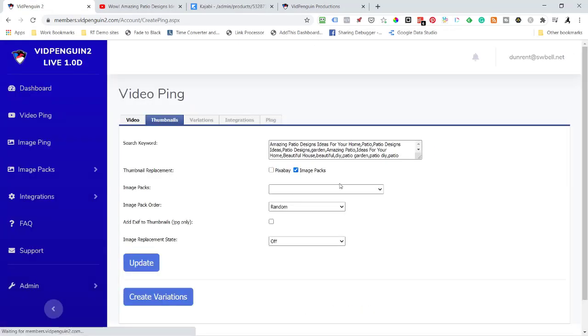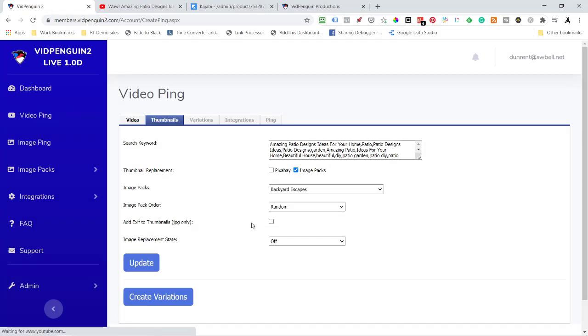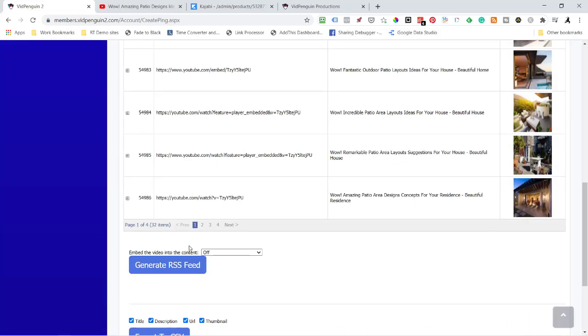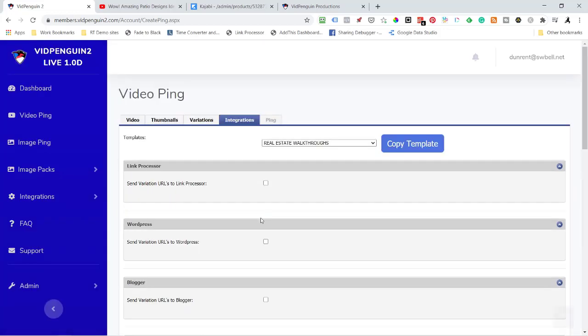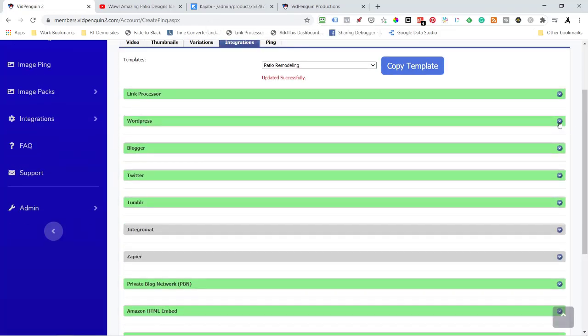Pull my image packs, and I'm going to pull the patio, backyard escapes, random, send EXIF, and I'm going to use the image packs. Hit update. Create variations, and come down here to integrations. And I'm going to come back up here. Remember, we created that, so I'm just going to copy that template into it, and let's just check with everything